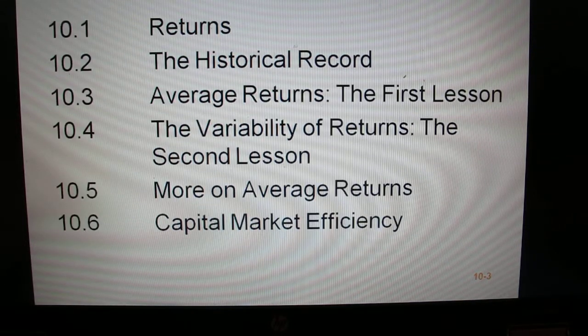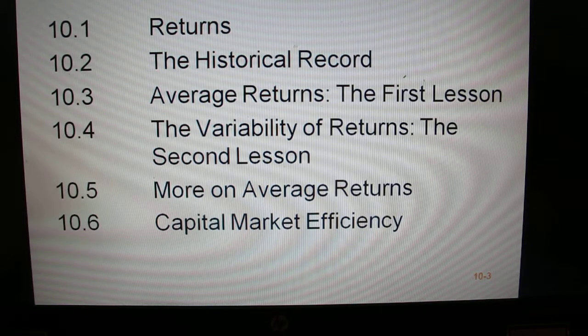The chapter outline looks as follows. First, we're going to get into returns. Then we'll talk a little bit about the historical record. We'll talk about average returns. And then we're going to kind of get into risk by discussing variability of returns. And eventually we're going to turn towards capital market efficiency. Okay, so